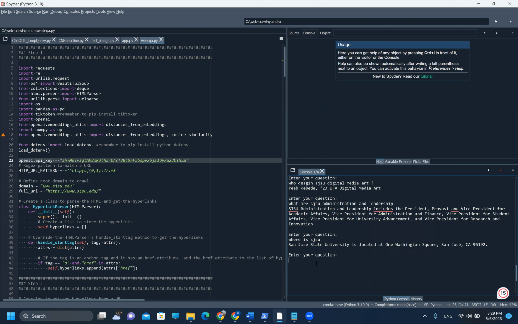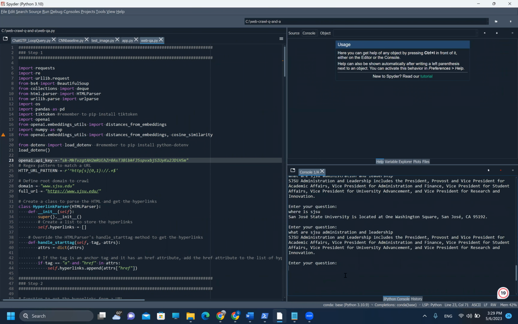SJSU administration and leadership, and it's right. It gives you the answer: SJSU administration leadership include the president, provost and vice president for academic affairs, vice president for administration and finance, vice president for student affairs, vice president for university advancement, and vice president for research and